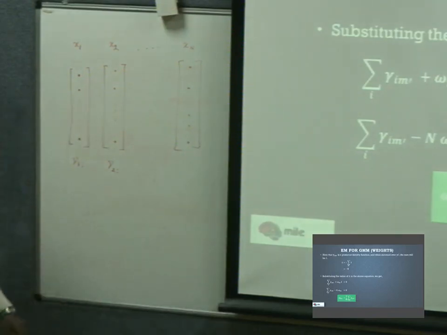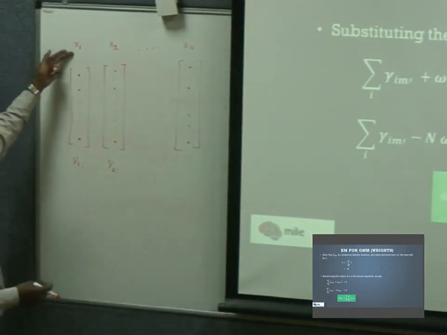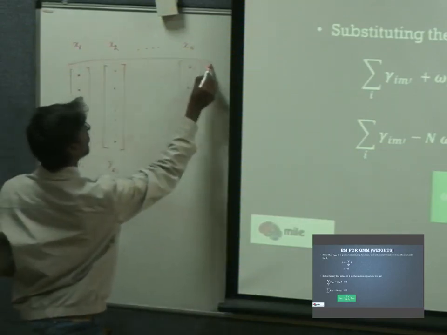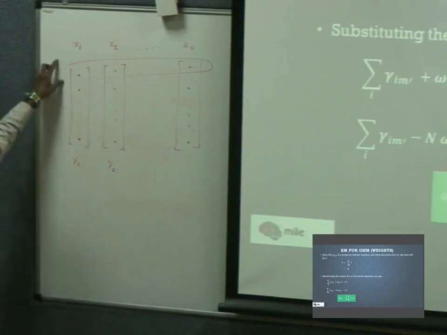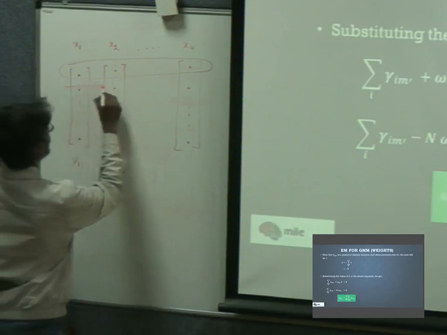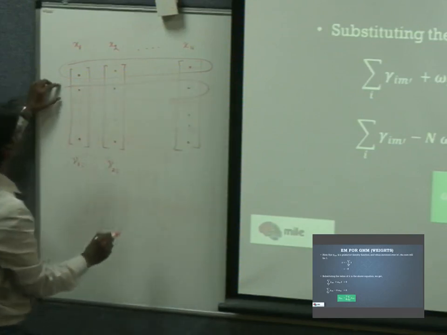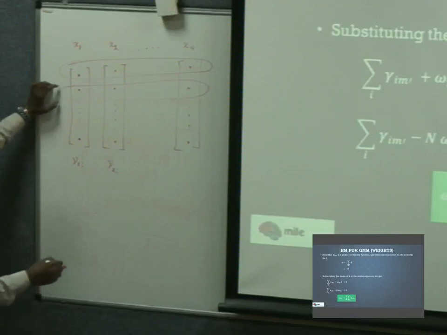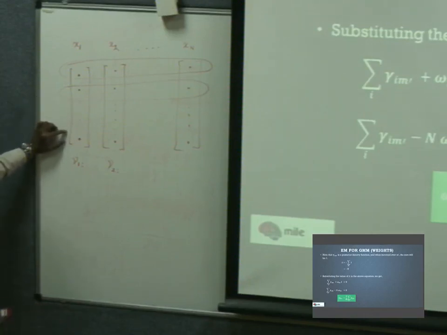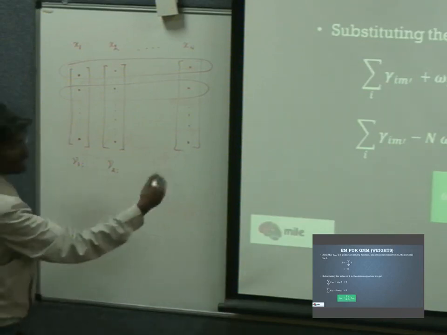Now, if I ask you what is the probability that any vector x can come from the first mixture, you just have to take the sum of this one. Similarly, the sum of this one will tell you the probability that any vector comes from Gaussian 2, Gaussian 3, 4, 5, and so on up to Gaussian M. But that is not a density function. You have to normalize it. By that I mean you just have to divide by n.